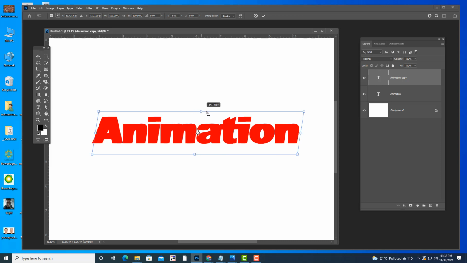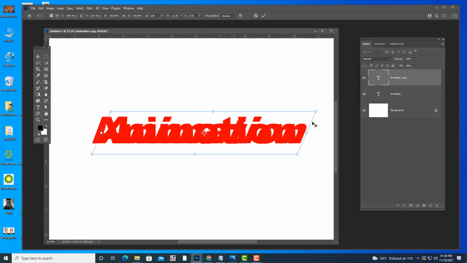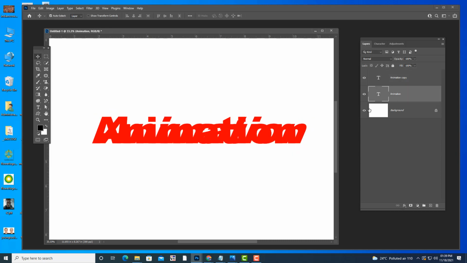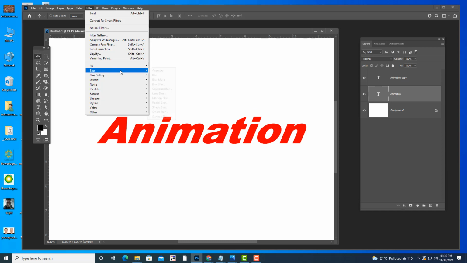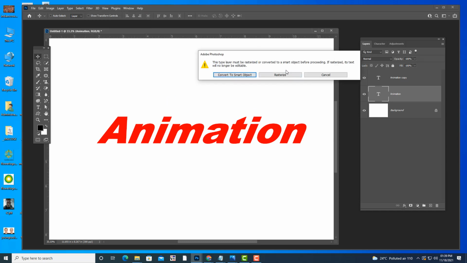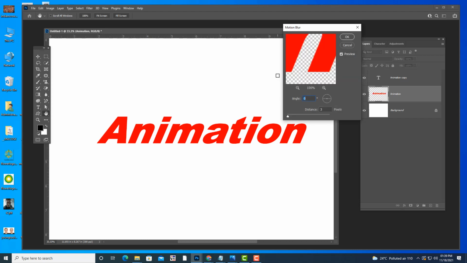Skew means you can bend it like this. You can bend this one also. Then I am going to apply a blur filter to this bottom one. Filter, blur, motion blur. Again it is showing rasterize. Just select the rasterize option.